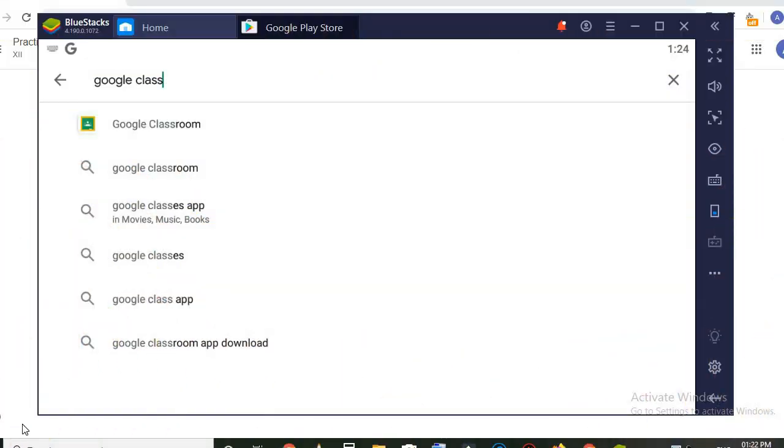Okay, let us check how this facility will be available from a mobile phone, an Android mobile. For that, we need an app which is known as Google Classroom. From the Google Play Store, search for Google Classroom. Here it is. This is the symbol for that app.